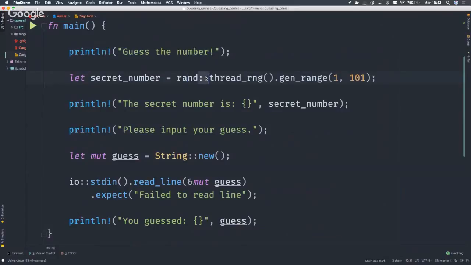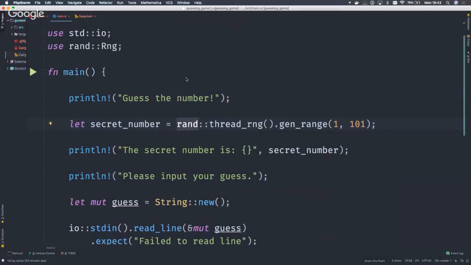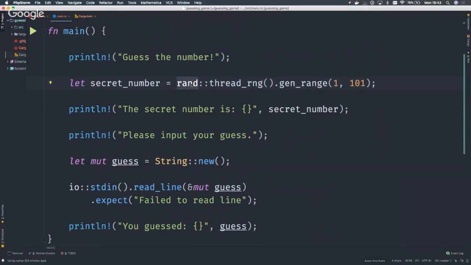So yeah, we see the double colon, so we know this is a namespace. I guess I always call it namespace. I don't know if that's the right term to use. I would class it as a namespace because it's the leftmost bit, or just a module. It's probably the easiest way. Then we're calling a method that's exported from there, and then calling a method that it has on it, and